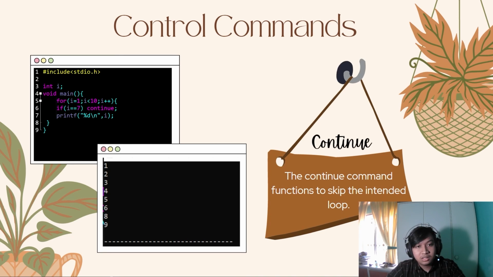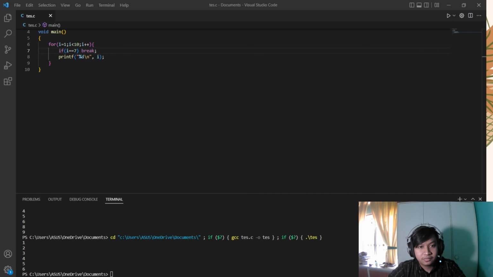The result is just a bit different. It will output 1 to 6, but after that it will output 8 and 9 too. That's because the continue command just skips the value of the intended loop. In this loop, we just skip the 7,